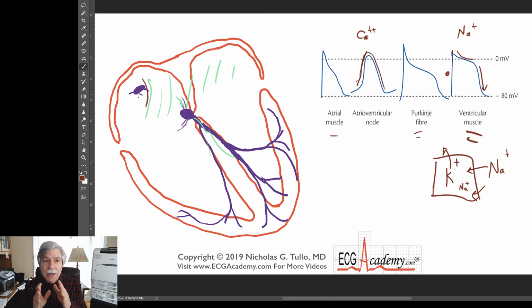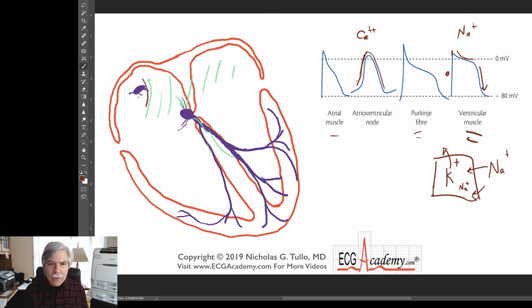So premature beats get slowed by AV nodal tissues. That's why if you have a PAC, sometimes you'll conduct with a first-degree AV block. So the idea is you get delay within the AV node. If your atrial rate is too fast, you get delay. So that's why at faster rates, the PR gets longer.